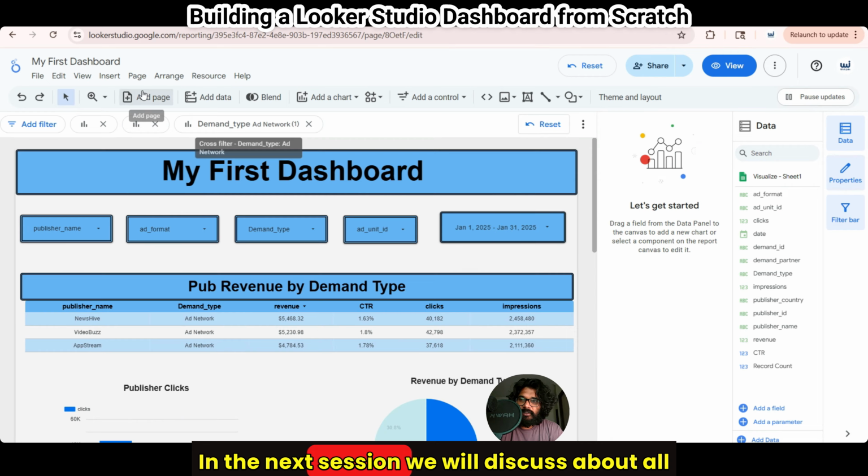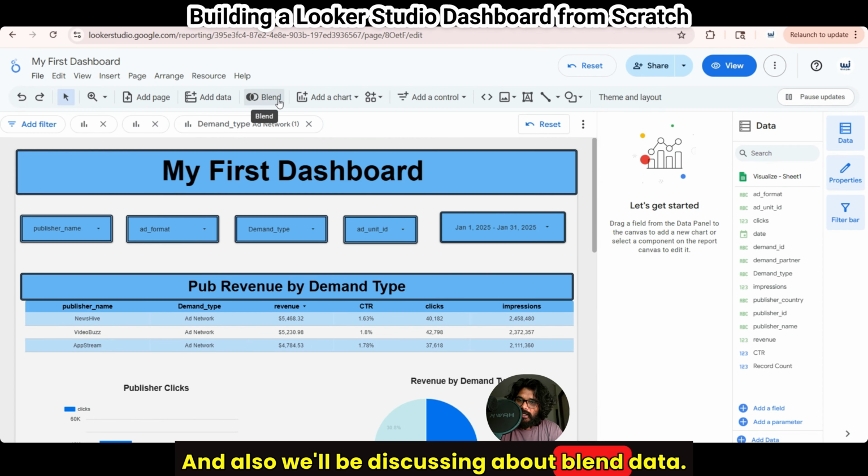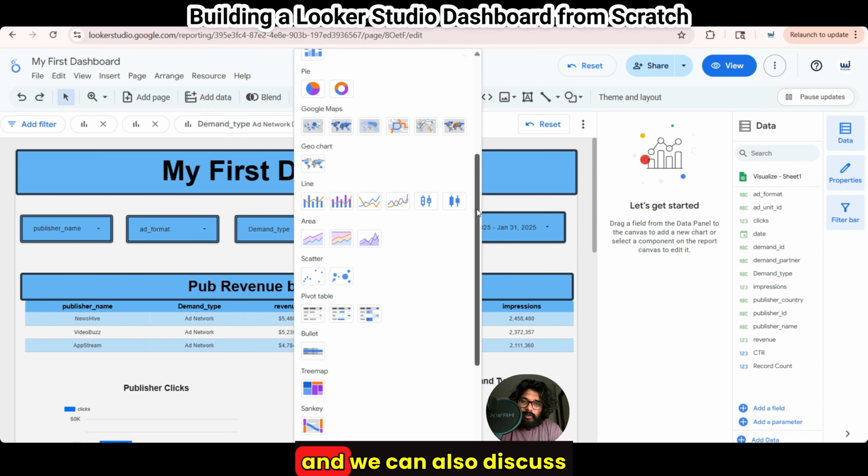In the next session, we will discuss all these options, what is file, edit, and all, and also we'll be discussing blend data. And in the add chart, we can discuss pivot table, and we can also discuss